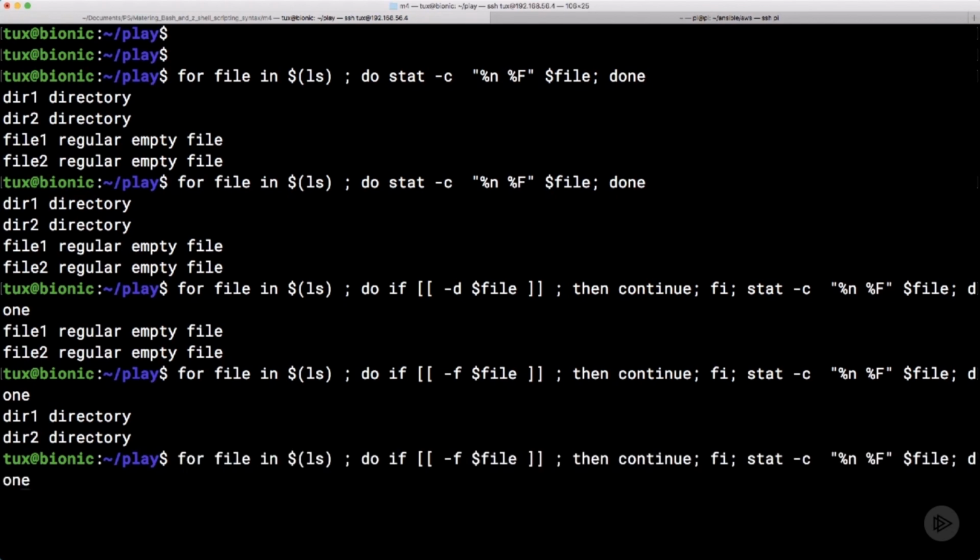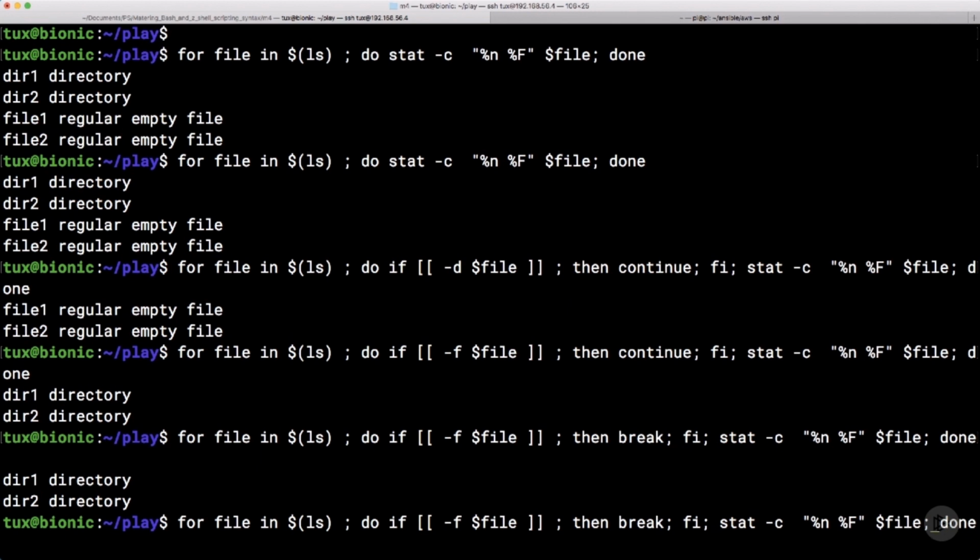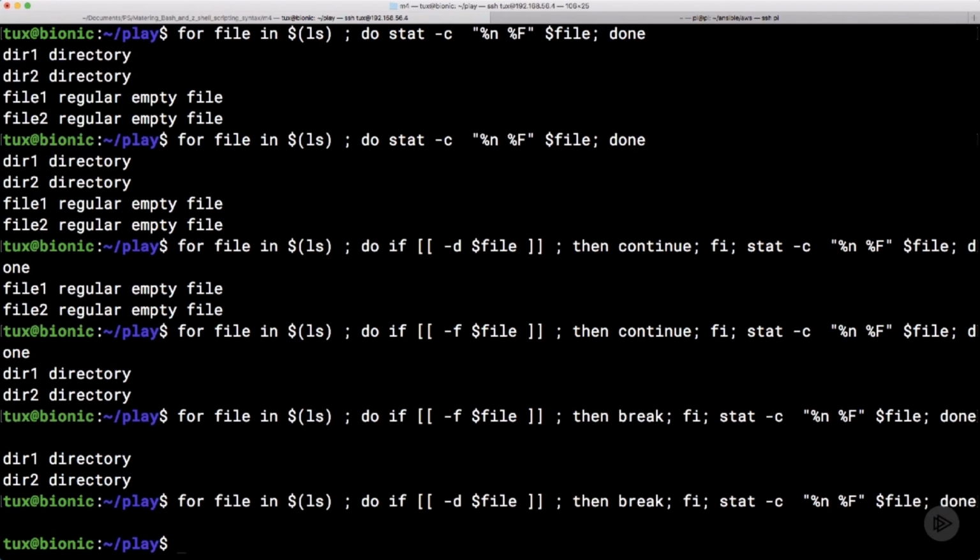If we took a look at what would happen if we used the break keyword, then as soon as we hit a file, we don't process anything else in the loop. Now this way we're not actually getting any differences, because the directories are processed first. But if I go through and take a look at the directories, then we can see that we hit the directories first. As soon as we hit a directory, we completely leave the loop, so we get nothing being printed out. So break leaves the loop completely, whereas continue just ignores the current entry, carrying on or continuing with